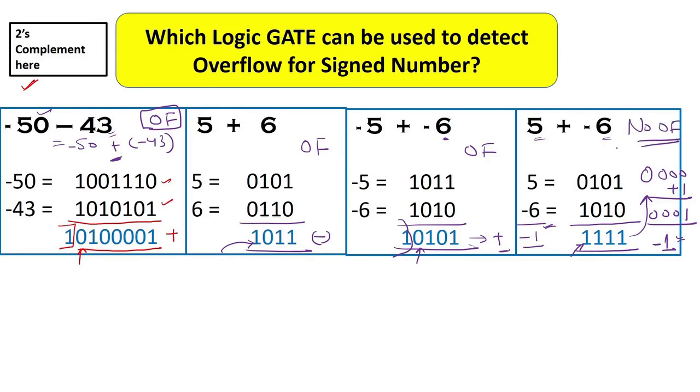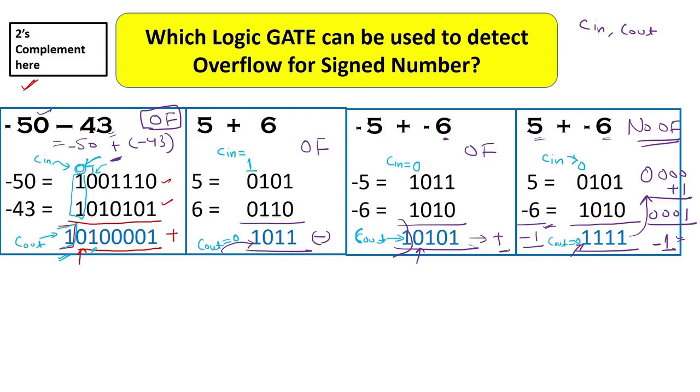Now to actually understand this overflow concept, you should know the concept of the carry in bit and the carry out bit. So what is carry in and carry out? Carry out we know. For example, in our first example, you can see this extra bit, this 8th bit, is the carry out bit, which is generated after we perform the addition on this last column, right? And what is the carry in? The carry in bit is this carry, which is coming from the previous column. While adding this 0, 0, we got 1, because a 1 was coming from the previous column. So from here we got simply 1, but there was no carry. So this carry bit is 0.